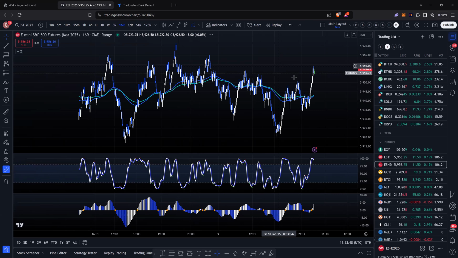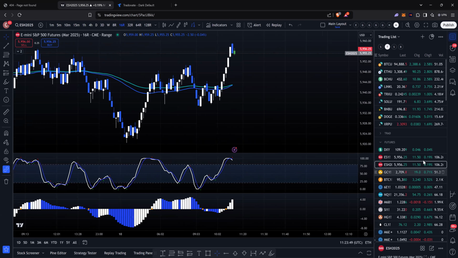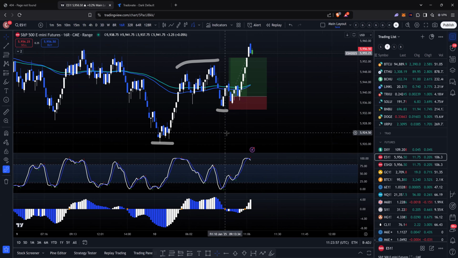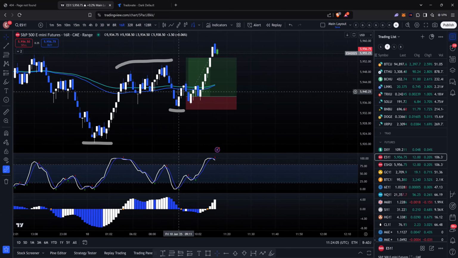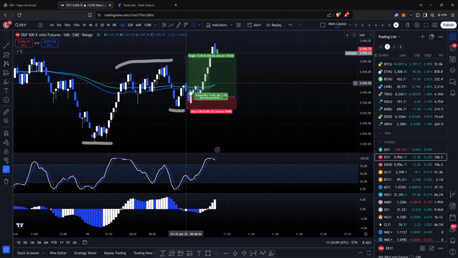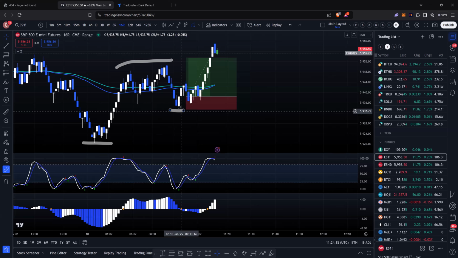But on the 16, I'll hop back over to my drawings. We had a very nice low, high, higher low structure, so I figured it was worth a punt. I didn't necessarily think that it would succeed, but I ended up being a little bit late for the stochastic cross entry here. So I just placed a limit order, which ended up getting filled, and then the trade just played out about as nicely as possible.